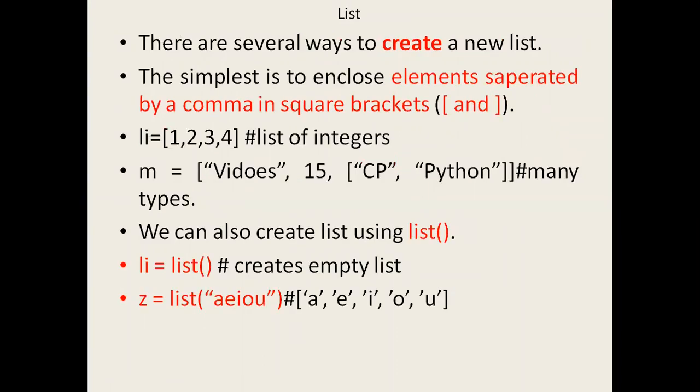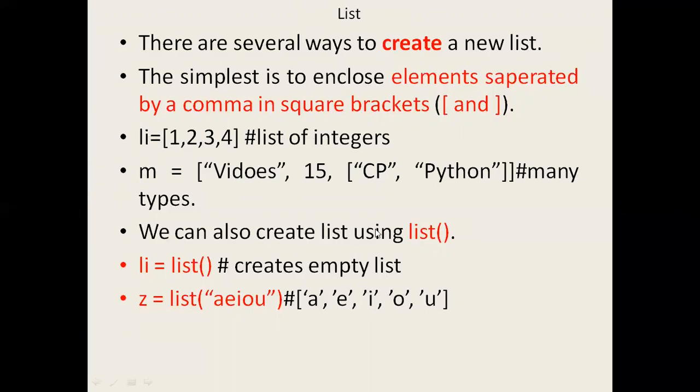Then how to create a list? There are two ways for creating a list. One is by using the square braces, passing the elements separated by commas into the square brace. The second one is by using the function list. You can see the example here. When I say li is equal to, in the square brace, 1, 2, 3, 4, here I am creating a list of integers. In the same way I am creating some other lists, with a sublist inside. This is how we can create a list. I am simply assigning that to a particular variable, and this is a list variable.